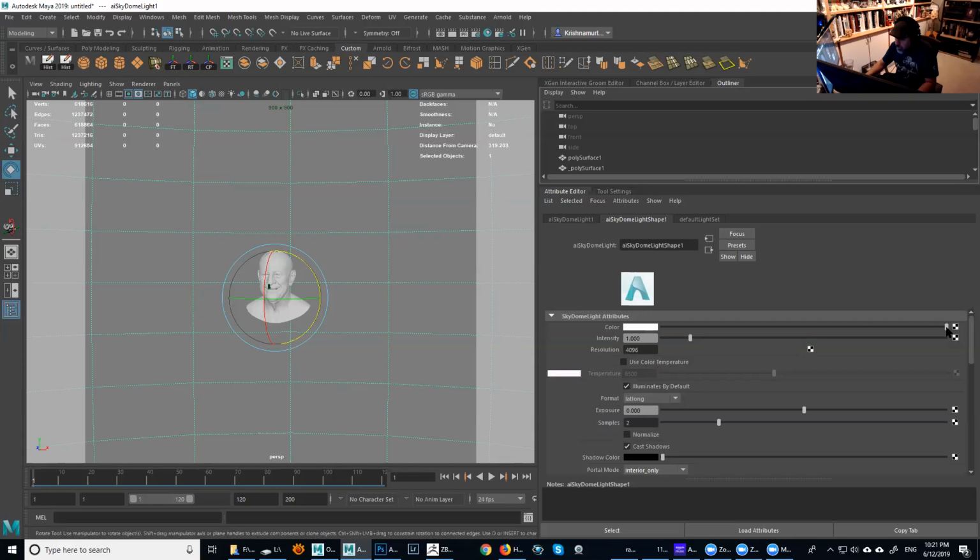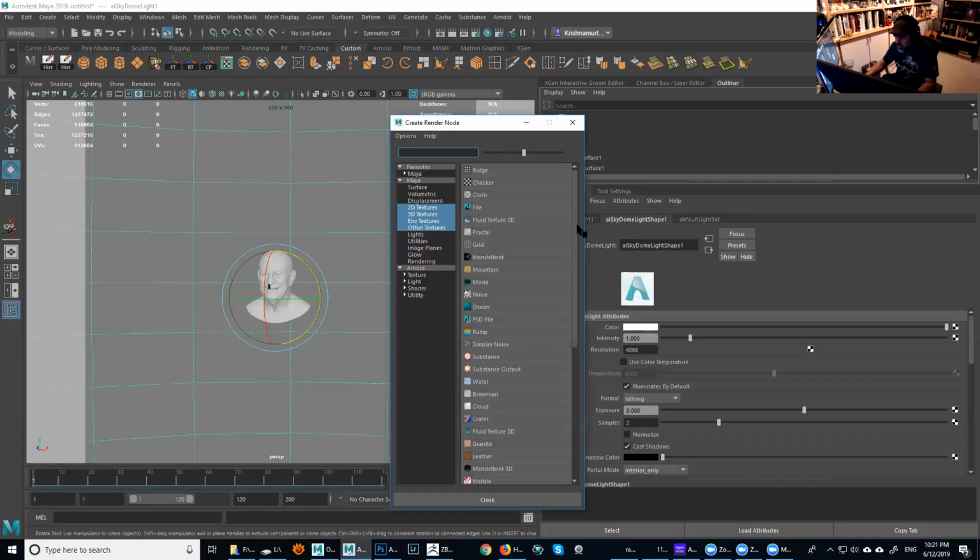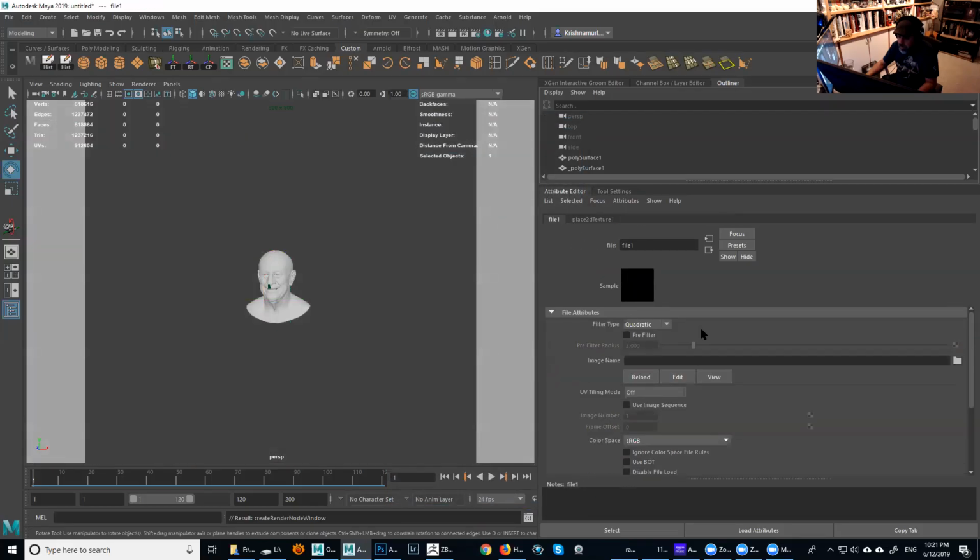Under coloring here, you're gonna click this little box, where you plug every single map in Maya. You click in there and search for file, which is the 4th option. Click on it. And then let's do a couple of settings in here first. The first one I'm gonna turn off is the filter. I do this for all my maps. For displacement maps especially, if I want to get seamless stuff, I don't use any filters. So everything is off.